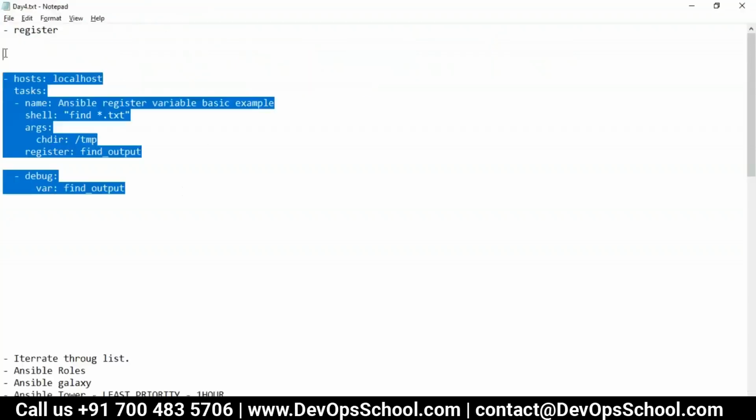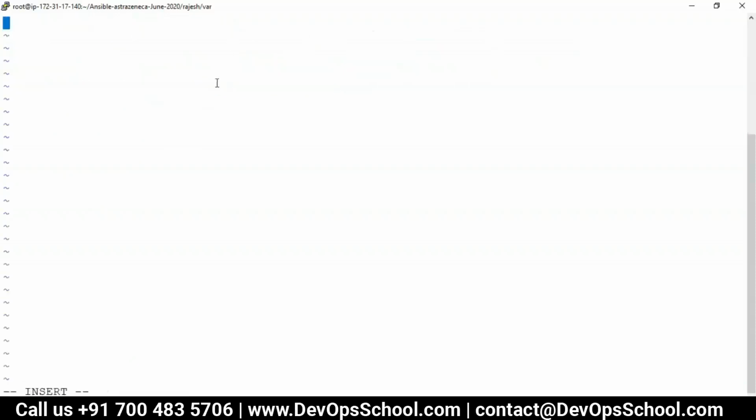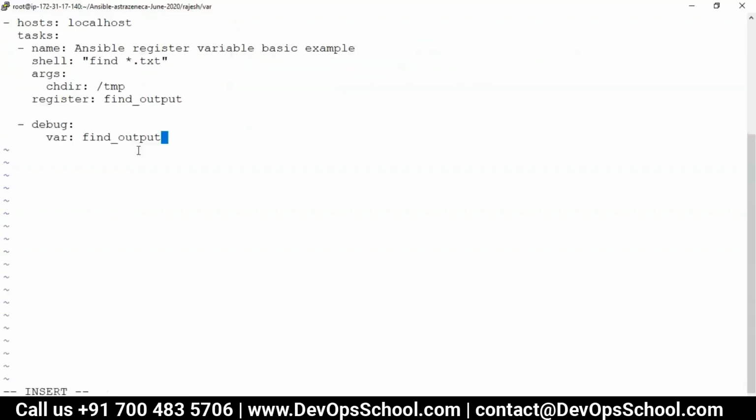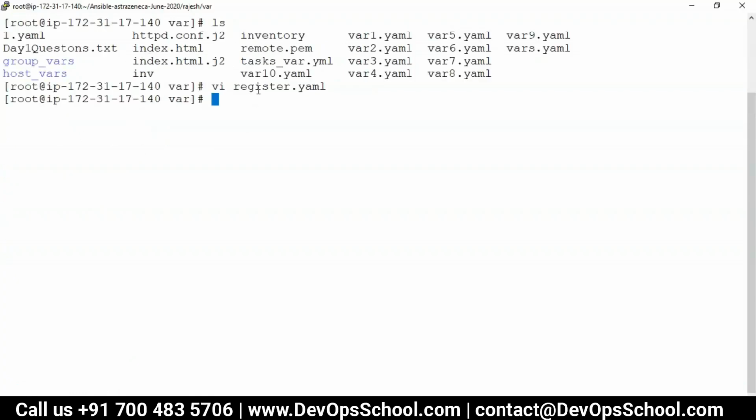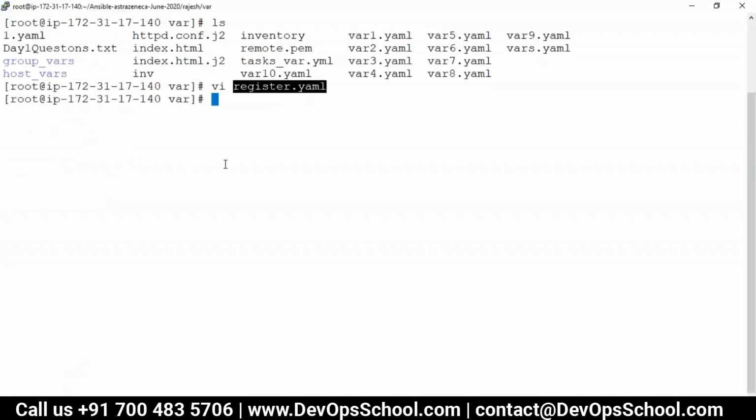Okay, now this is the file. vi register.yaml. Here, temp find done. So ansible-playbook. Now this should be registered directly.